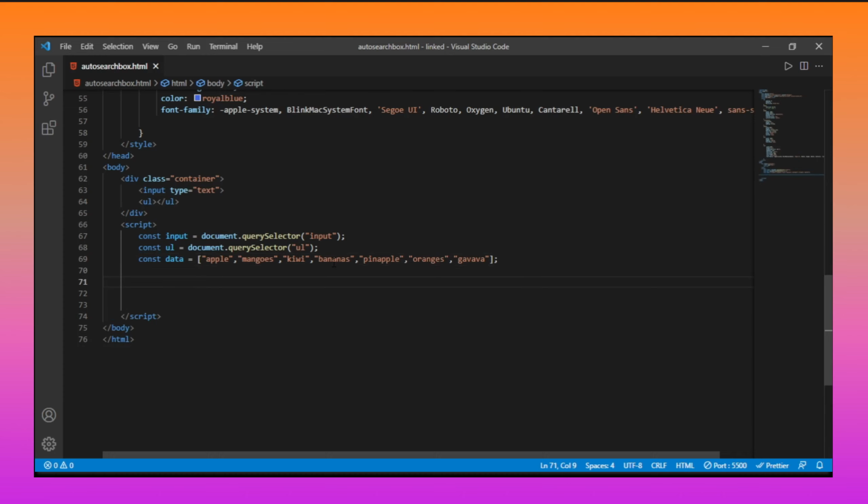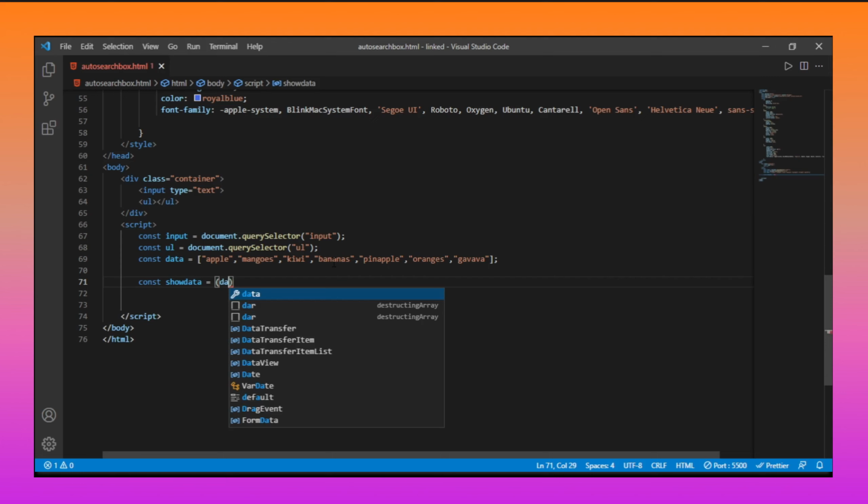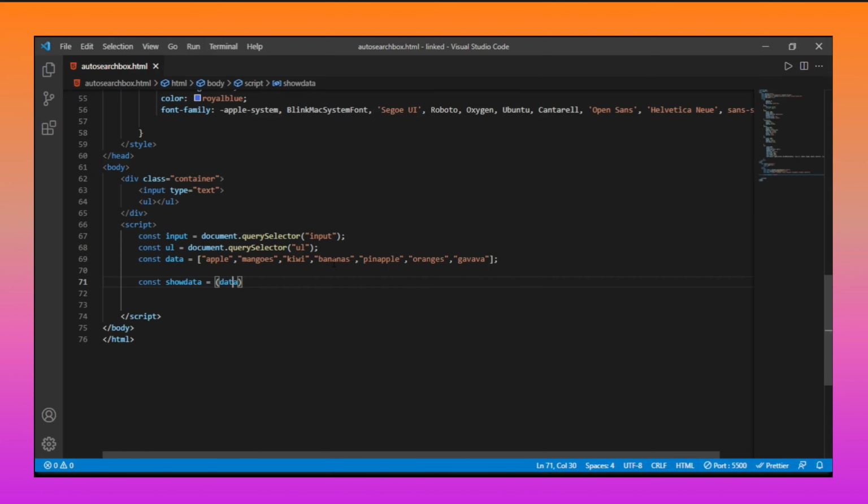First of all we make a function. const showData, so we are going to show the data, and we need the parameter also, the array data, and a callback function.